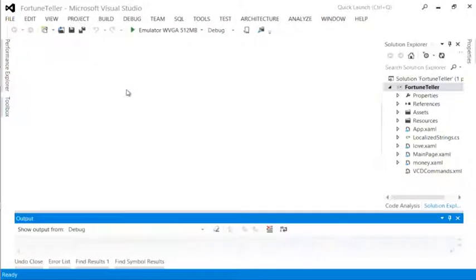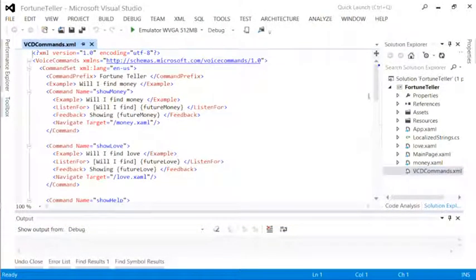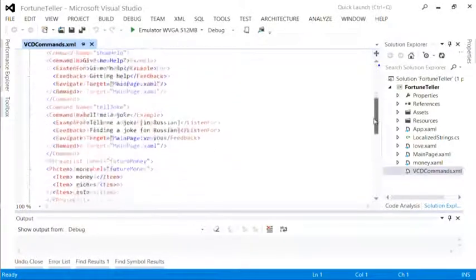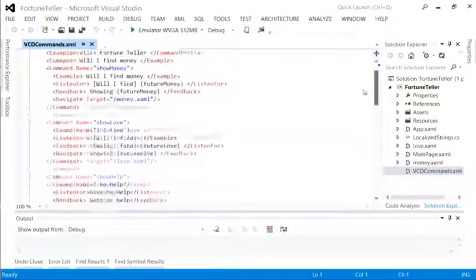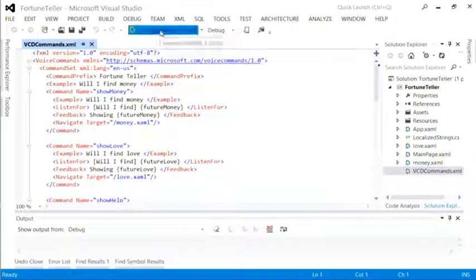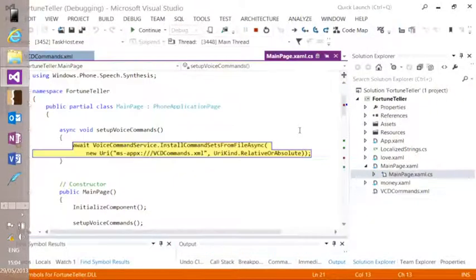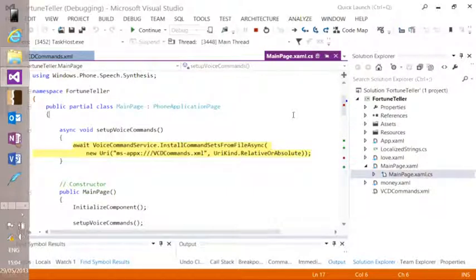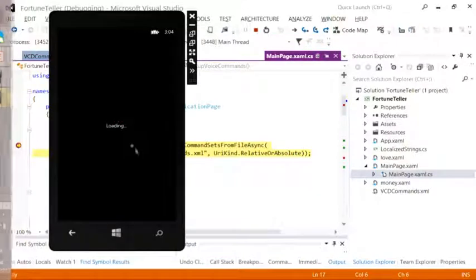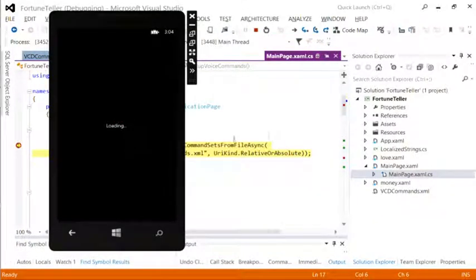So here's the fortune teller app. Here's the VCD file, all of it. We've got various different commands, so I'm going to run this on the emulator. And we've hit a breakpoint because we're running the app. It's just loading. So this is before I say it can go, I'm just going to go back to the start screen